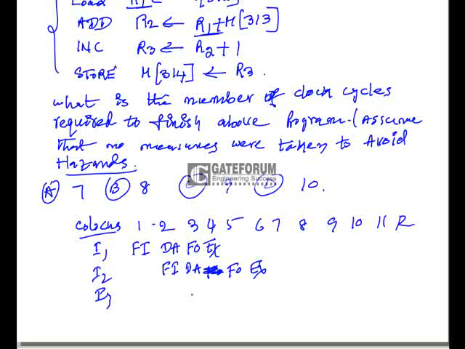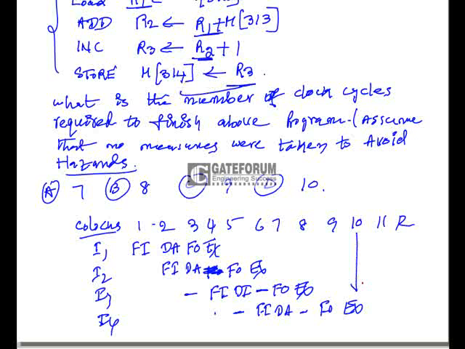Then I3: fetch instruction, then decode instruction, fetch operand, and then execute, because this is a hazard. This R2 value is required for incrementation. Now instruction I4, here fetch operand is not possible. Fetch instruction, decode instruction and calculate effective address, again fetch operand, and then execute, because the R3 value should be loaded as operand. So at the 10th clock it will be finished. So 10 clock cycles are required. Option D is the right answer.